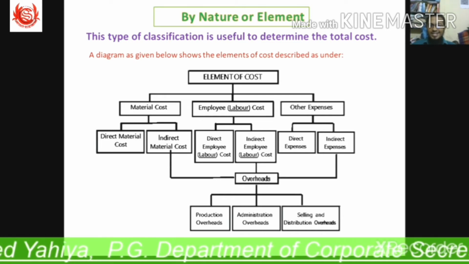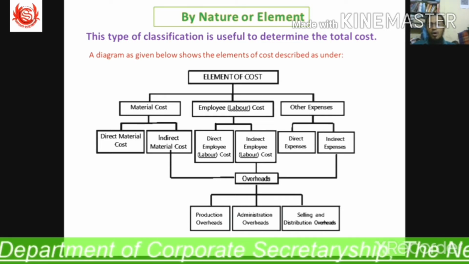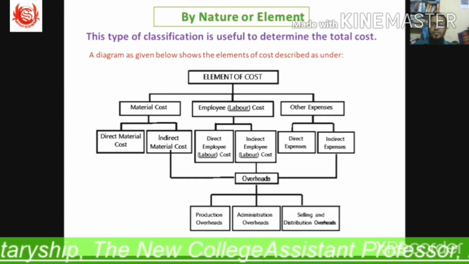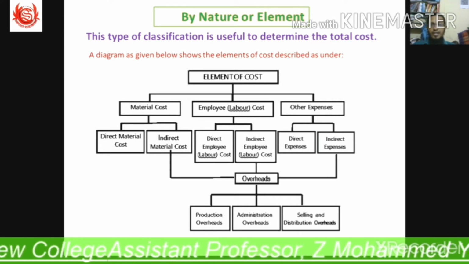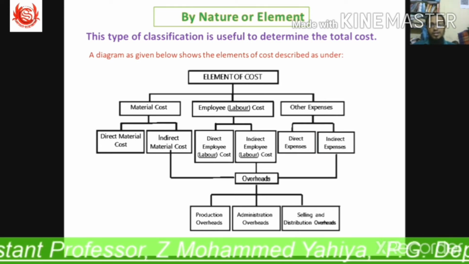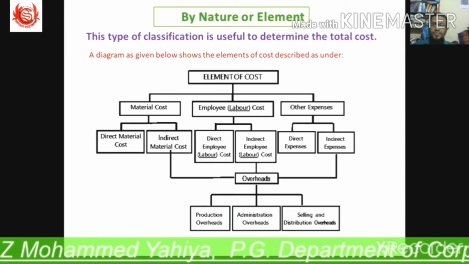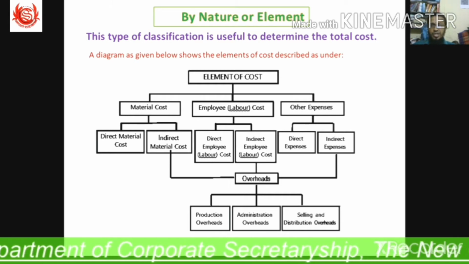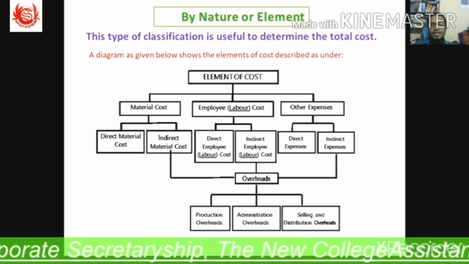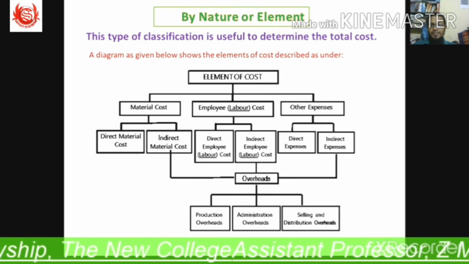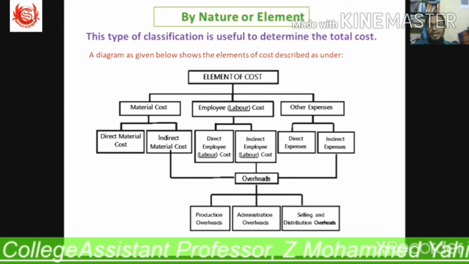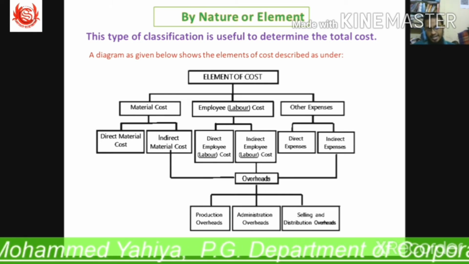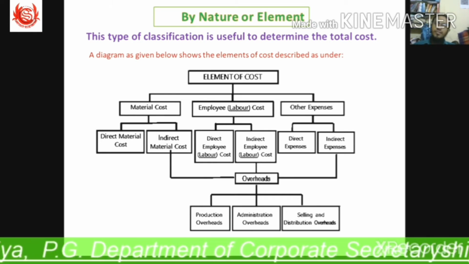In factory overheads, we'll be recording all the relevant expenses related to the factory, for example factory rent, factory lighting, factory manager's salary, factory machinery depreciation, and whatever is related to the factory, that is indirect material, indirect labor and indirect expenses related to the factory will be recorded here.